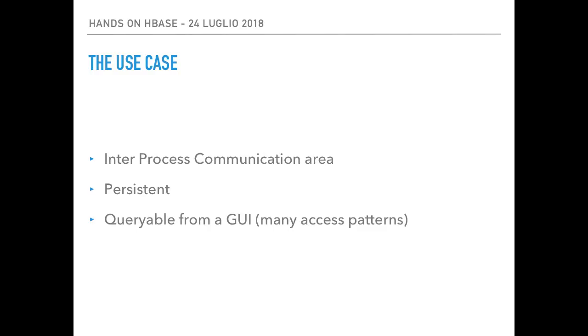So we stumbled upon this use case a client gave us. He wanted an inter-process communication area, so usually you go with a staging area where you put data from one batch job, data that's the result of a batch job and it's the input of another batch job. That had to be persistent, so in case of machine failures it doesn't get lost, but also they wanted it to be queryable from a user interface with a lot of different access patterns. So there wasn't only one access pattern, but the user might want from the web interface to filter on some fields or other fields, and